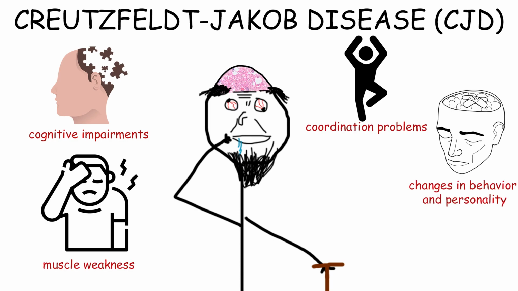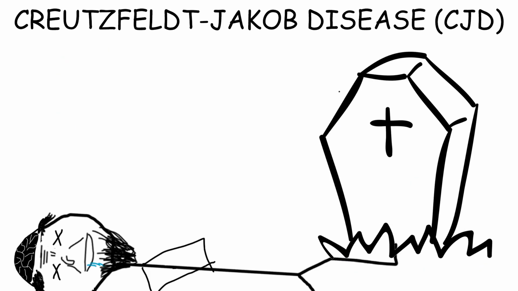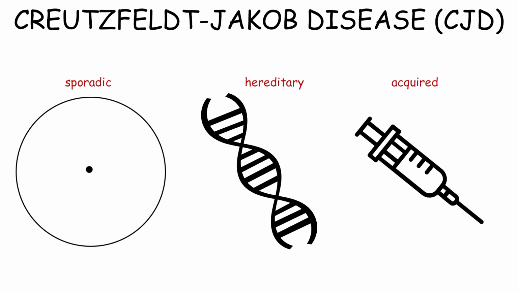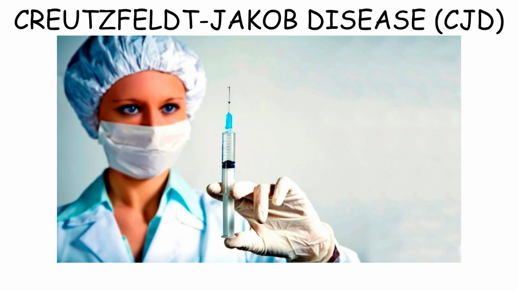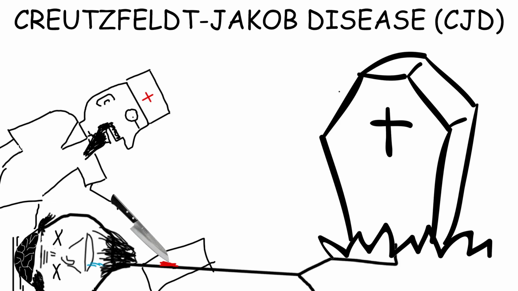changes in behavior and personality, as well as vision and speech problems. The disease typically leads to death within a few months after the onset of symptoms. CJD can be sporadic, hereditary, or acquired, for example, through contact with infected tissues or medical equipment. Currently, there is no effective treatment or vaccine for CJD, and the diagnosis is usually confirmed only after the patient's